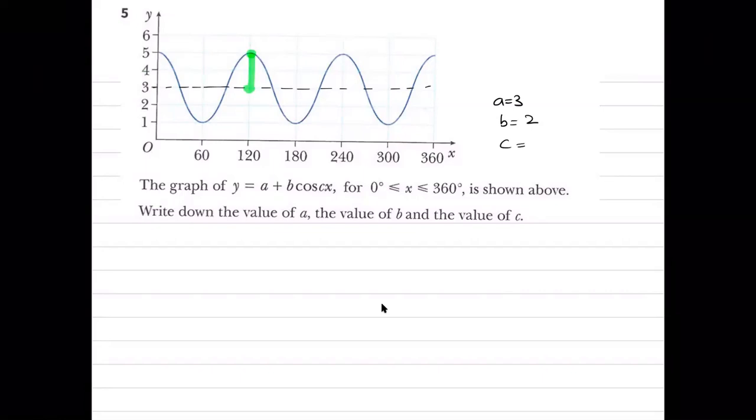3. Good. Because there are 3 cycles in 360 degrees. You can see that one cycle is being formed in 120 degrees. So the new period of the graph is equal to 360 upon B. If the period is 120, then B value is going to be 360 upon 120, which is 3. ठीक है. अच्छा, इस केस में मैंने B लिख दिया है क्योंकि यहाँ पे C होना चाहिए था. क्वेश्चन के हिसाब से लेटर चेंज है. ठीक है.